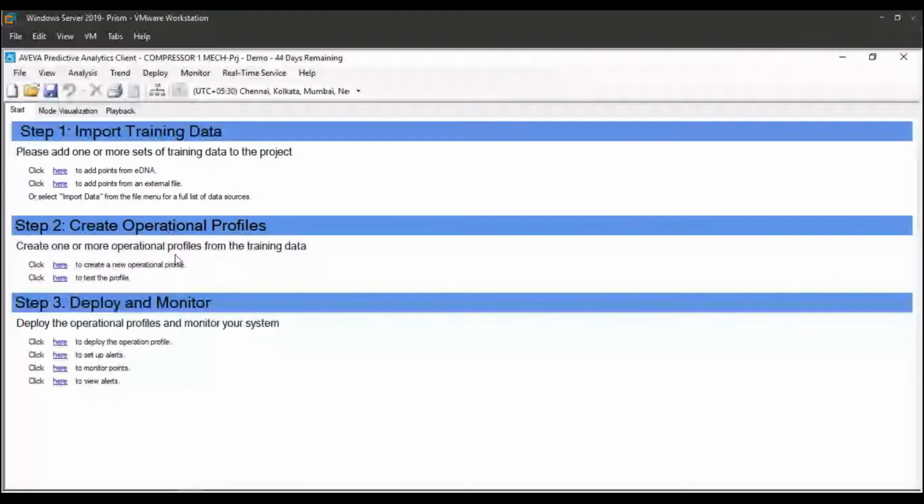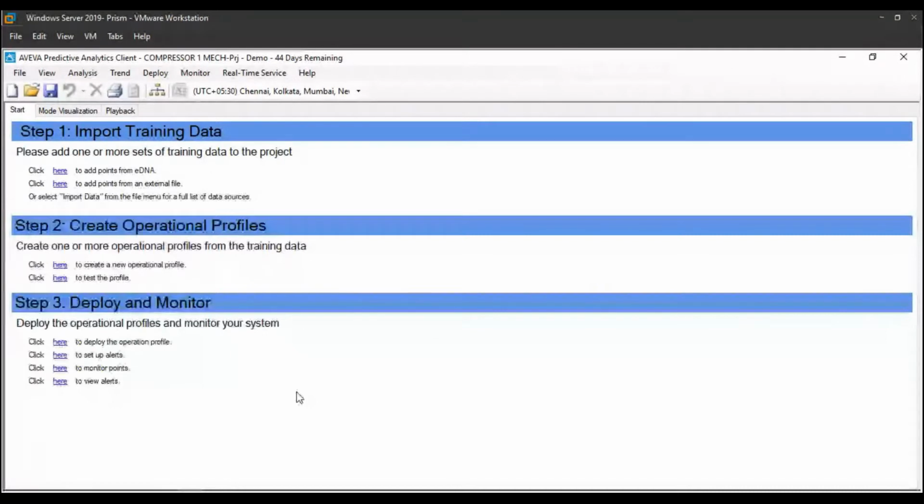So I'll start by explaining what the various terms in the software are. The first term is a project point. Now, a project point is a particular sensor or a particular variable whose data we want to collect and analyze. Any given project can have multiple project points, and each of those points can either be a combination of multiple types of sensors or multiple sensors in and of itself. Here we define a project as an asset that we want to analyze.